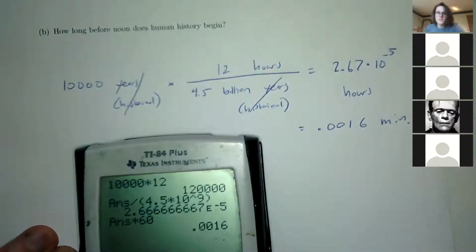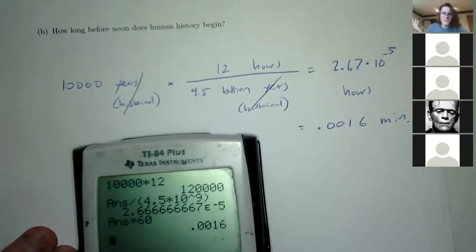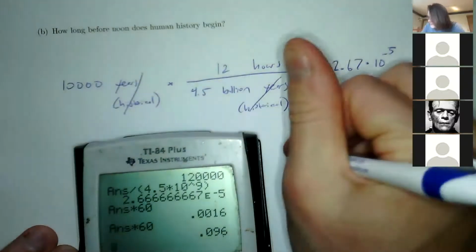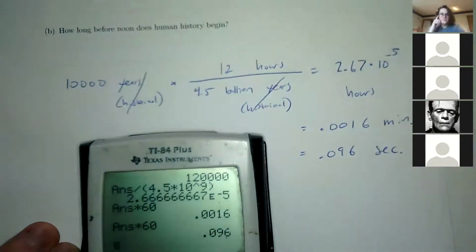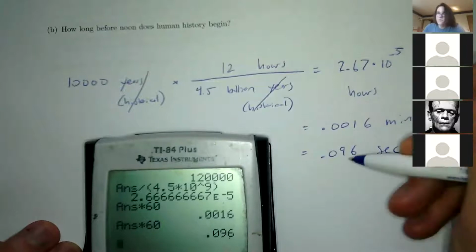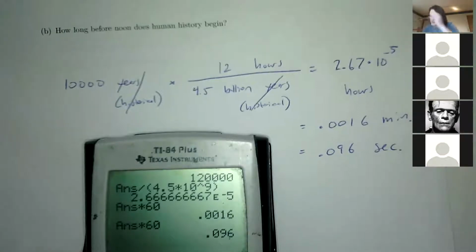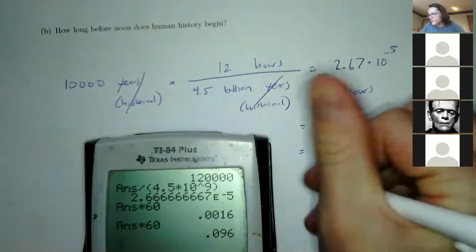But if you wanted to be even better, what is 0.0016 minute? I have no idea. But you could convert it into seconds. And so it's 0.096 seconds. All right. Which is better, right? So basically, if you round it, it's about 1/10 of a second. Well, it's 9/10 of a second? Or it's 9/100 of a second? I don't know. But if you round it, so it's about